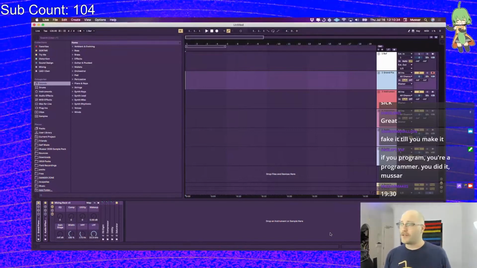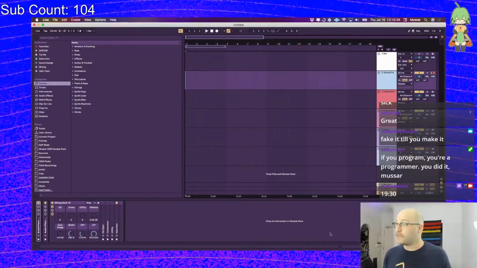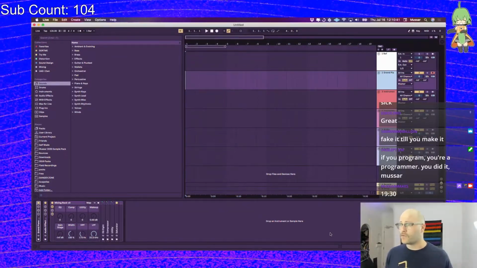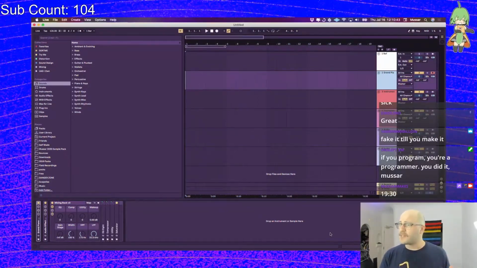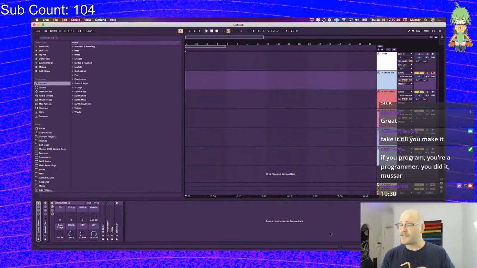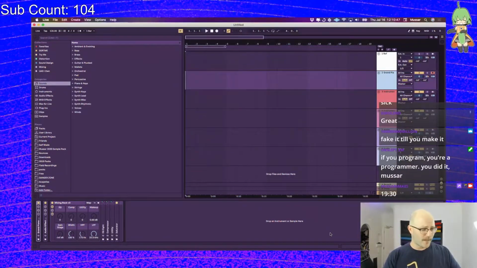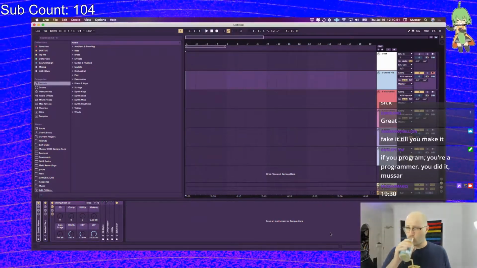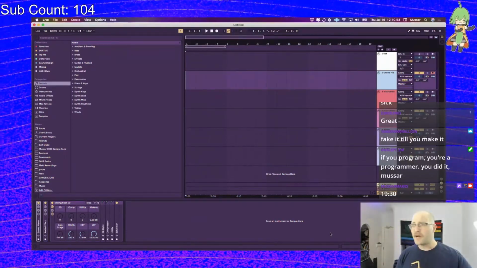Let's talk a little bit about wavetable synthesis. Over the past couple weeks, like I mentioned, we have been going over subtractive synthesis. We've been going over FM synthesis. And the reason why I've been following this succession is because